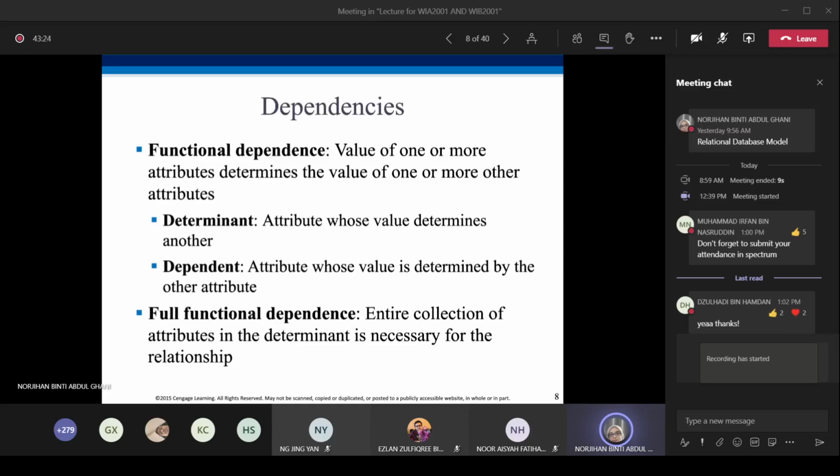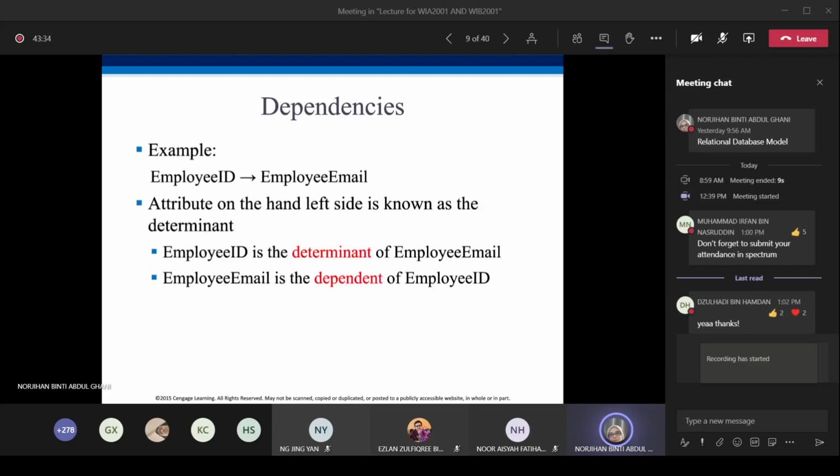Full functional dependency is when the entire collection of attributes in the determinant is necessary for the relationship. Let's say we have employee ID and employee name as the determinant for employee email.